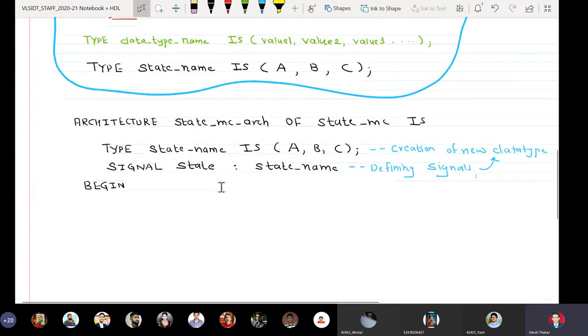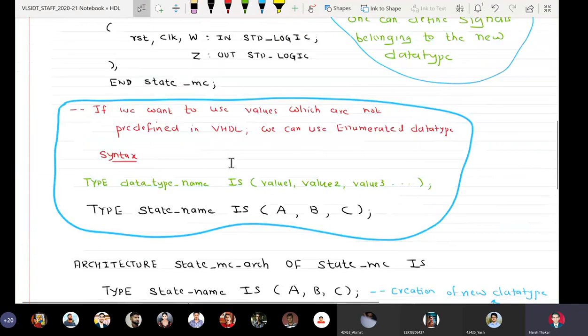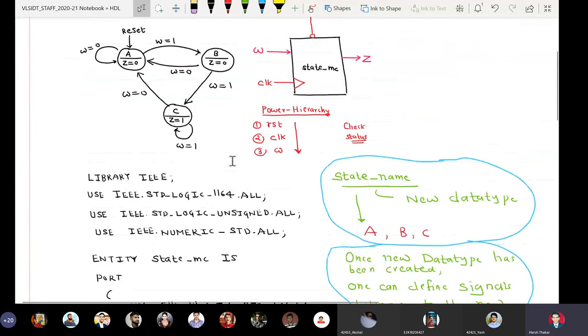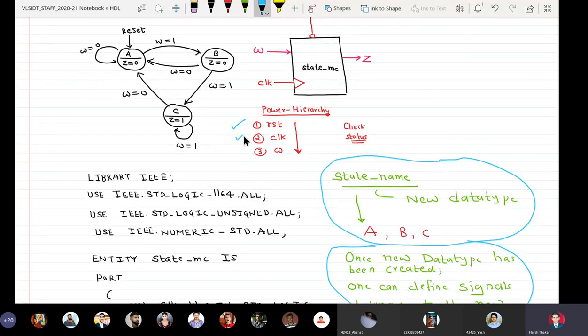Okay, so now we are done. Now the thing is very simple. Now we have to check RST first, then clock, and then W, and then we are going to use case statements for this.